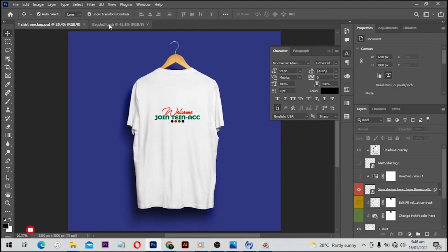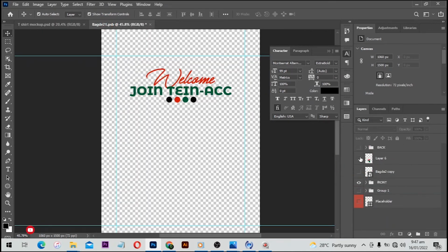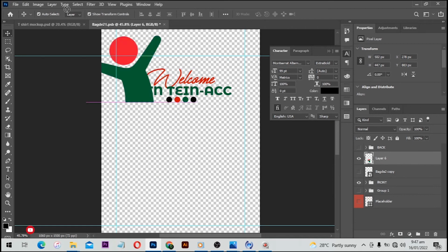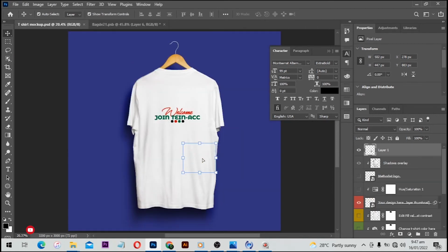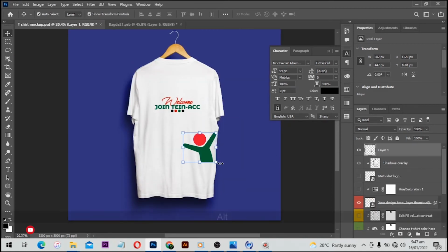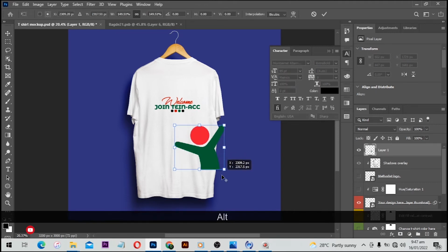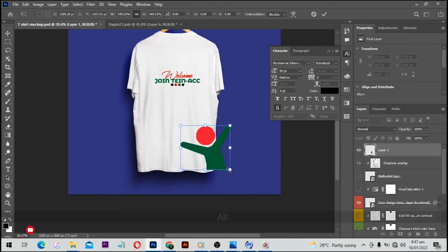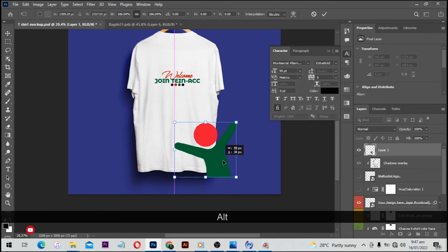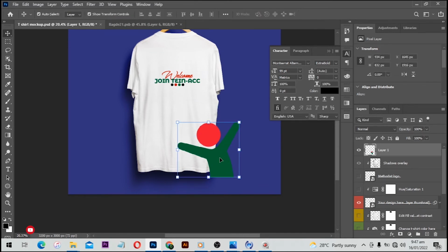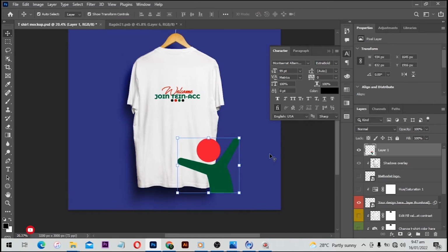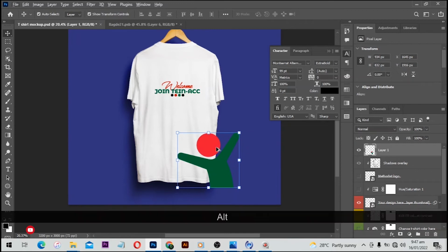From here, I'll open this back, and then I'm going to turn the visibility for this one on, and then I'm going to click and drag this over here. So we are going to have it here, and you can scale this image as you like until you are happy with the final result. Click and drag to make a shape like this. Click on OK to accept changes. Then I'll also hold Alt or Option to make a copy to the other side as well.